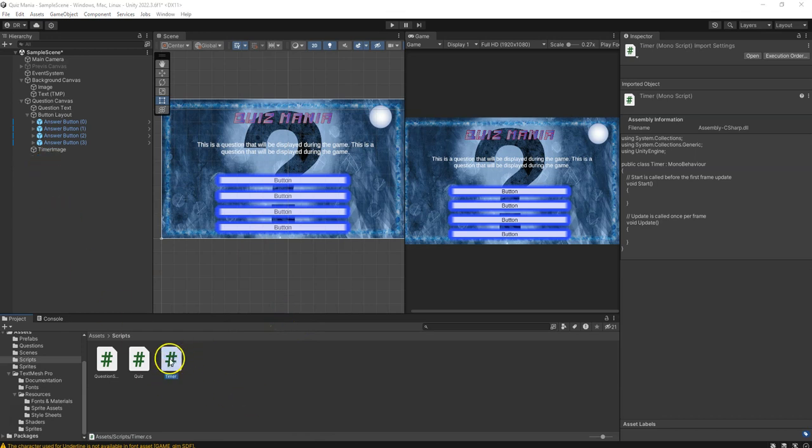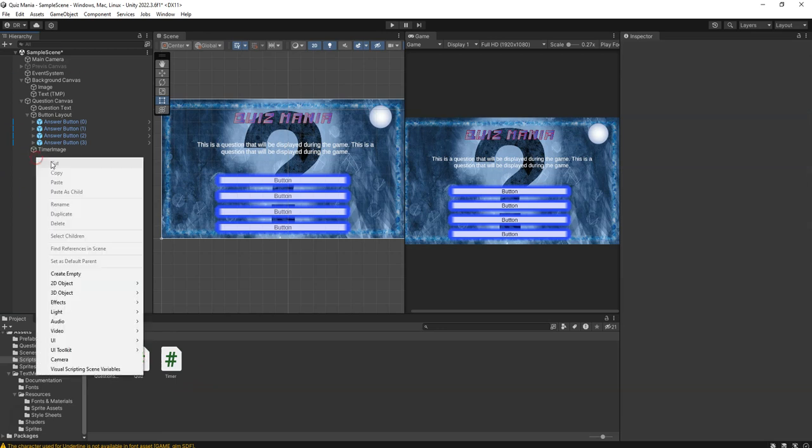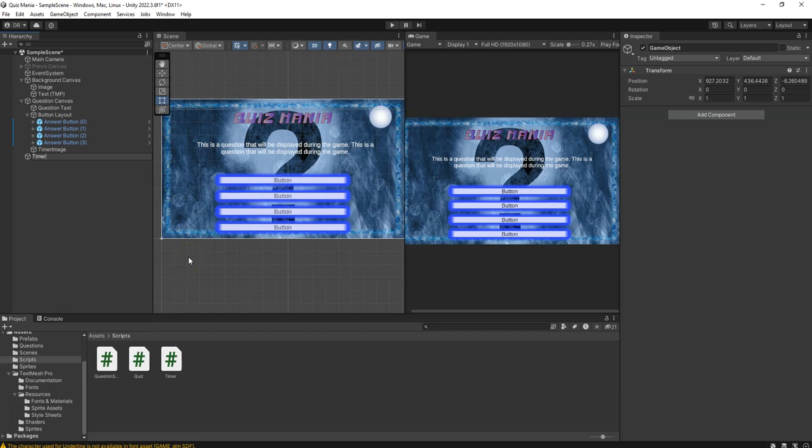Now we need to take this script and attach it to an object. So what I'm going to do is come over here to my hierarchy. I'm simply just going to go ahead and create an empty object here. And let's just go ahead and call this timer. And then we can attach that timer script to it. And because we don't necessarily want to have it tied into the canvas directly, we're just going to have it exist here as its own